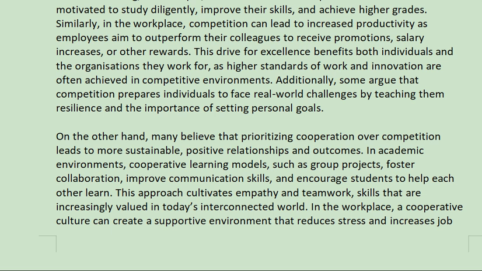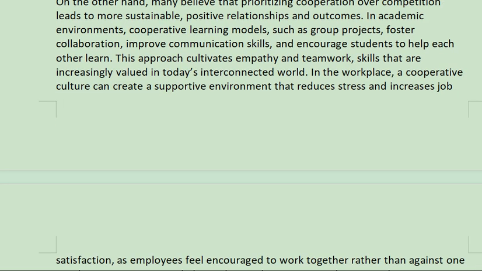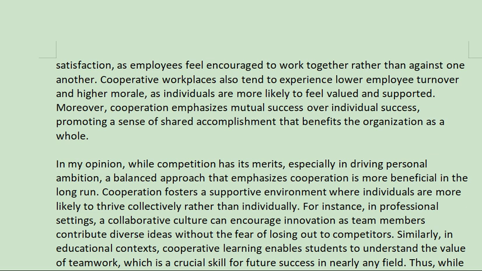In the workplace, a cooperative culture can create a supportive environment that reduces stress and increases job satisfaction, as employees feel encouraged to work together rather than against one another. Cooperative workplaces also tend to experience lower employee turnover and higher morale, as individuals are more likely to feel valued and supported. Moreover, cooperation emphasizes mutual success over individual success, promoting a sense of shared accomplishment that benefits the organization as a